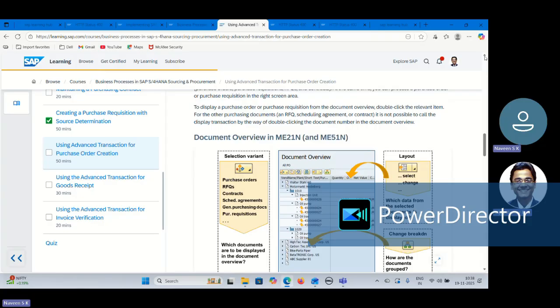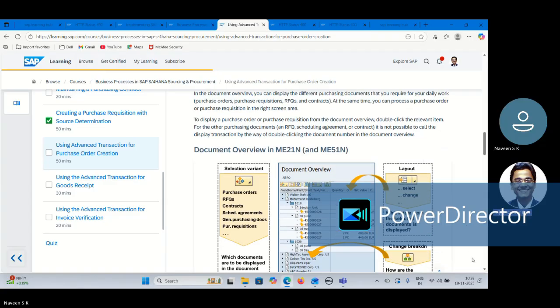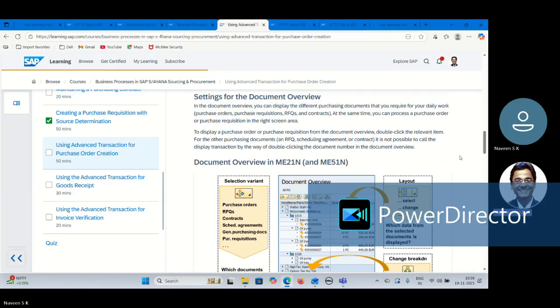And these transactions of PR and PO, they are the single screen where you provide data in each tab. So that is the compatibility problem, correct. You have to remember that, so that if they ask questions like that,